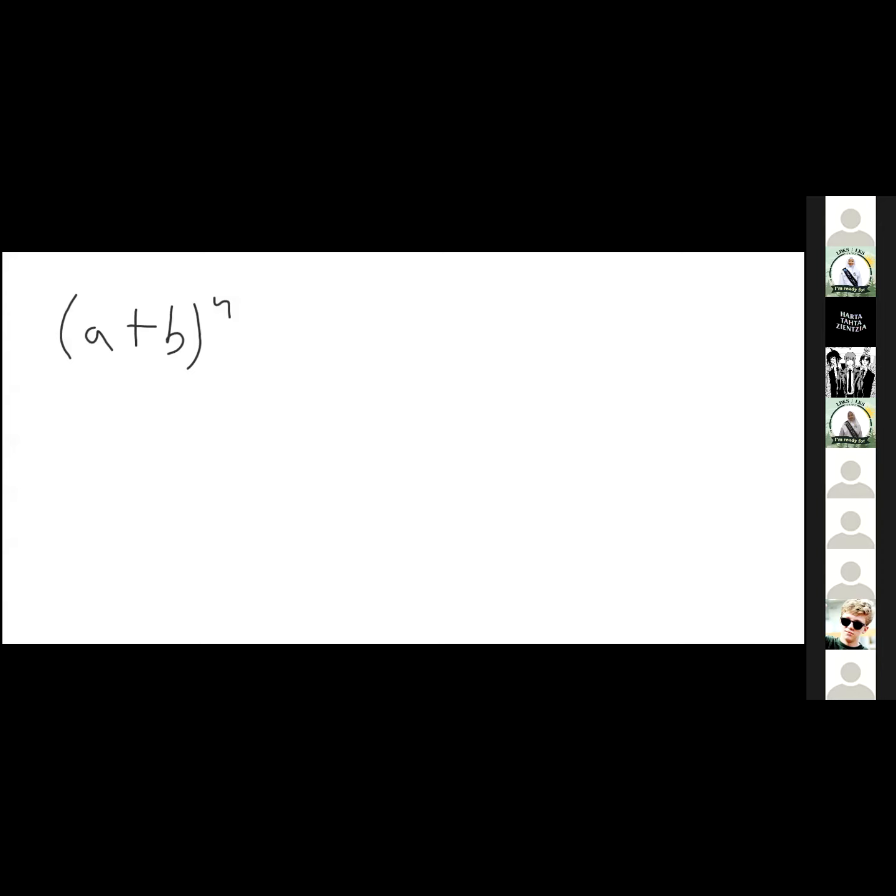In general, the pattern looks like this. So we have the coefficient. We can get the coefficient by using Pascal's triangle. It depends on n. When we have a power of 5, let's say, then we will use row 5 of Pascal's triangle. So it will be something like this.